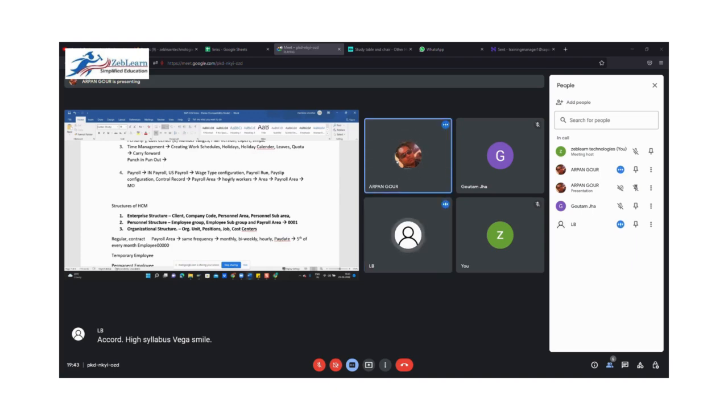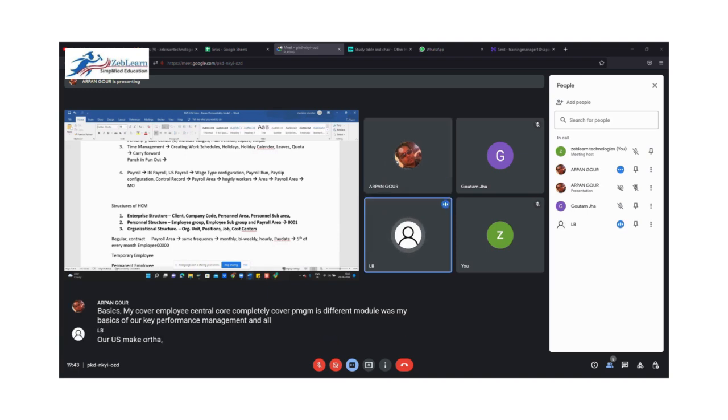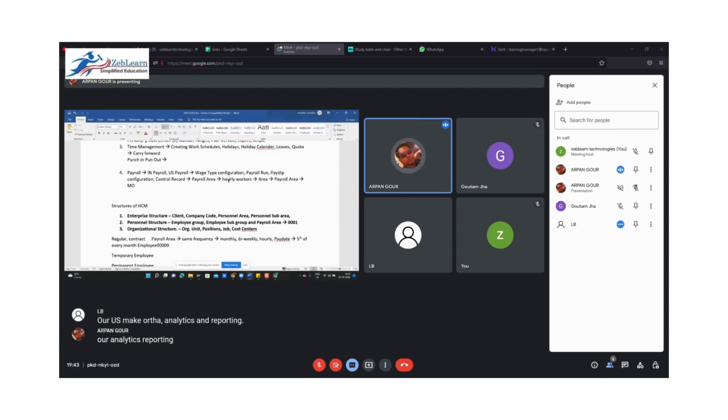जैसे कि पीएमजीएम, एम्प्लॉय सेंट्रल मास्टरी, इंट्रोडक्टरी टू एम्प्लॉय सेंट्रल, है ना? पीएमजीएम अलग मॉड्यूल है वैसे, लेकिन बेसिक्स में कवर करूंगा, एम्प्लॉय सेंट्रल कोर कंप्लीटली कवर करूंगा। पीएमजीएम इज डिफरेंट मॉड्यूल, उसमें बेसिक्स कवर करूंगा कि परफॉर्मेंस मैनेजमेंट एंड ऑल। और उसमें एक और था एनालिटिक्स एंड रिपोर्टिंग। हाँ, एनालिटिक्स रिपोर्टिंग तो लास्ट में वैसे भी करना है, एंड ऑफ द डे मैनेजमेंट को रिपोर्टिंग तो चाहिए।